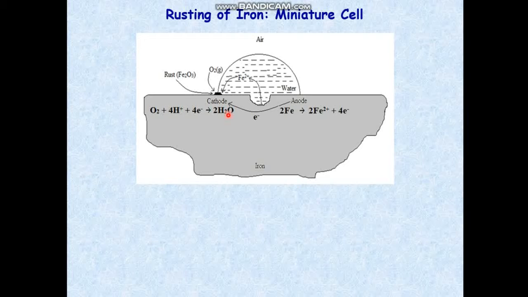Okay, so the first half cell reaction is the anodic reaction where iron is releasing two electrons. For balancing, we have taken here two irons to produce 4 electrons. These 4 electrons are being consumed by the oxygen with the help of 4 protons coming from decomposition of carbonic acid due to dissolution of carbon dioxide in water, or due to self-ionization of water.